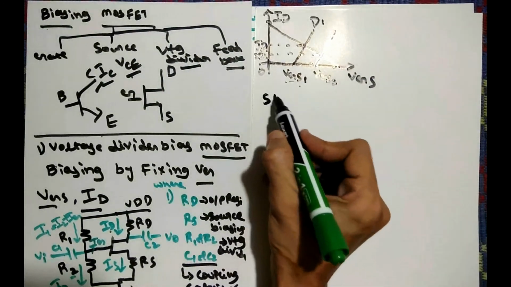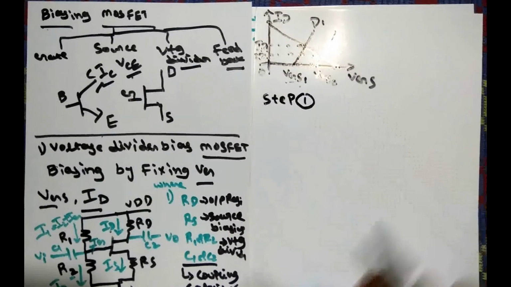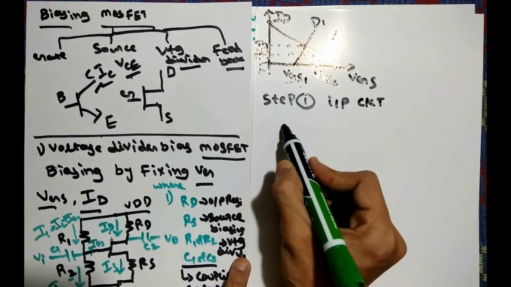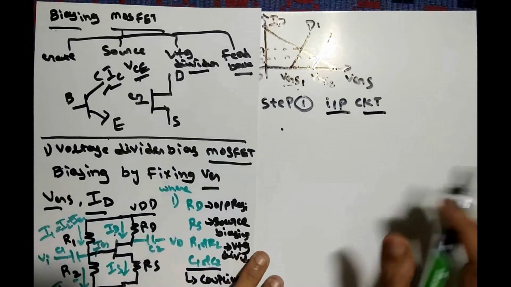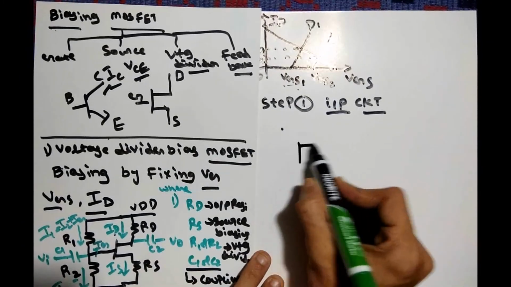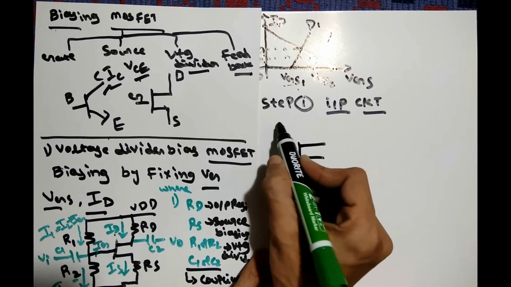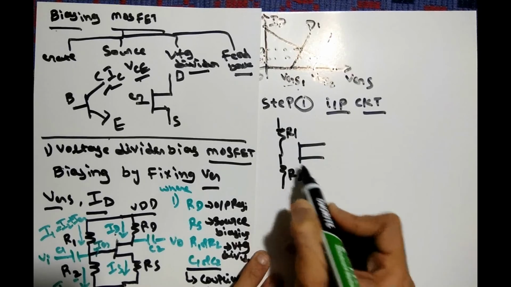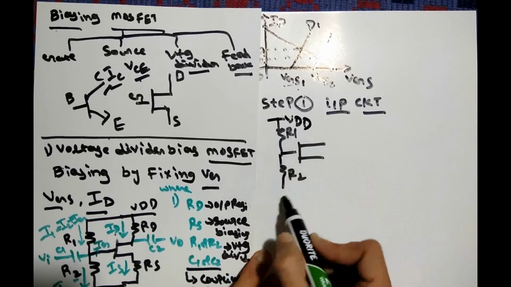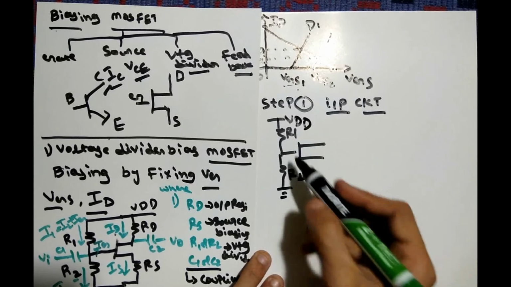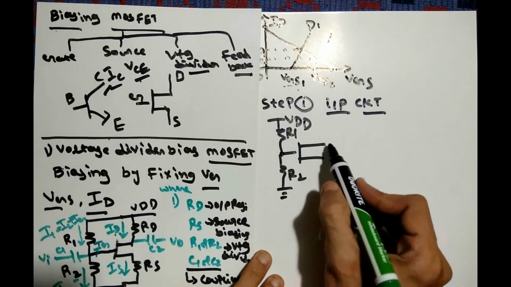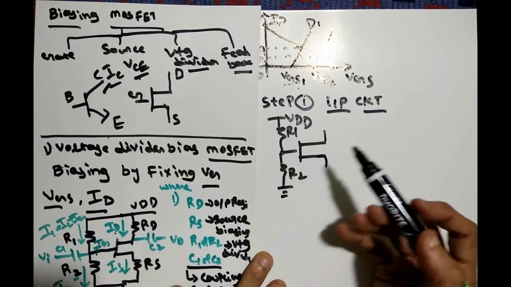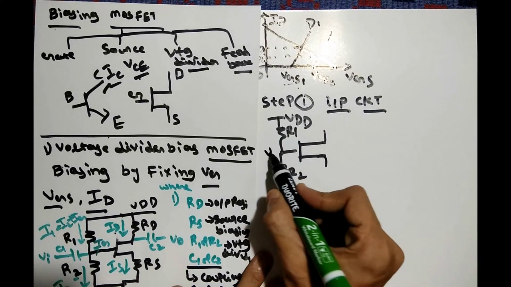In step 1 we design our circuit, similar to how we design a transistor circuit. We consider the input circuit, which is step 1. It looks like the MOSFET is up to this point, and here we consider R1 and R2, then we have VDD here, and ground in this position. This point is nothing but the VG point. Anyway we are only following the input portion, so we take that, and whatever this point is we call VG.